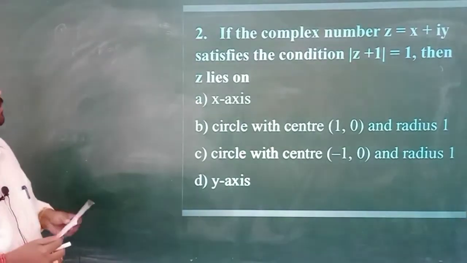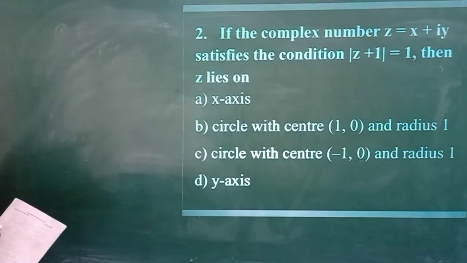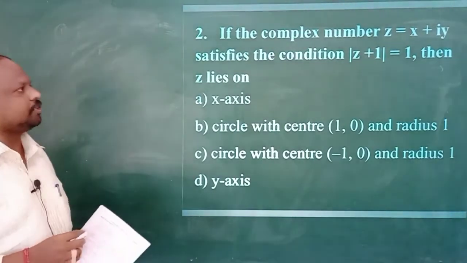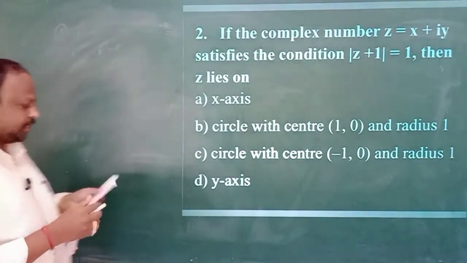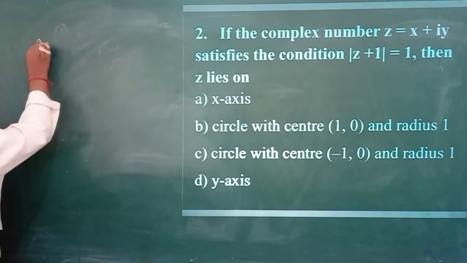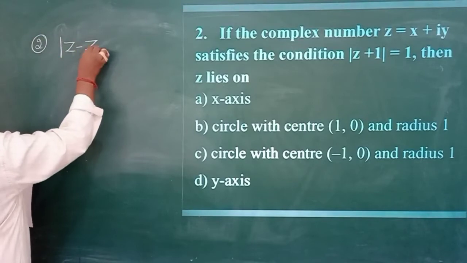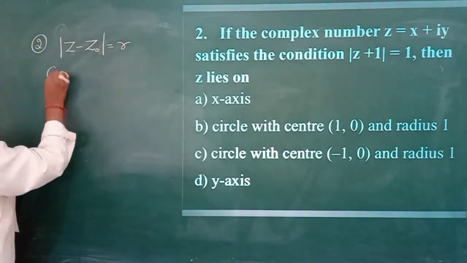Question number 2. If the complex number z is equal to x plus iy satisfies the condition modulus of z plus 1 is equal to 1, then z lies on. So here we should know a very important formula. Modulus of z minus z naught is equal to r represents a circle